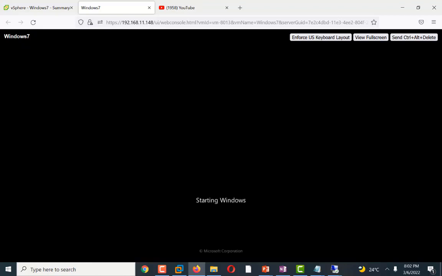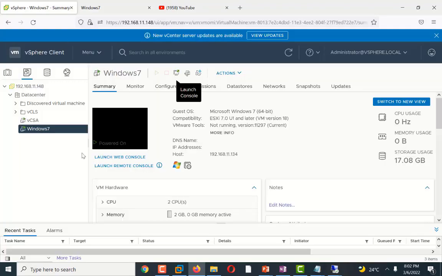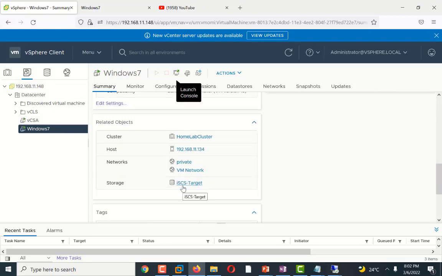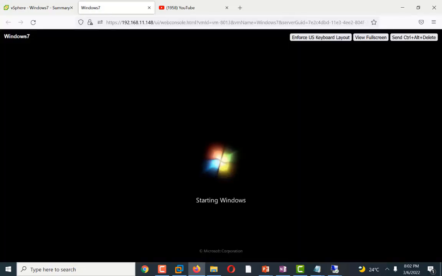So now in this lecture, I will show you a very interesting feature of the VMware shared data store. Suppose we have a server which has VMs. In case our VM crashes, or our server is malfunctioning, or something else goes wrong with our server, I will show you the steps: how will you recover your VMs on a new host, and how I will add my VMs to a new host.